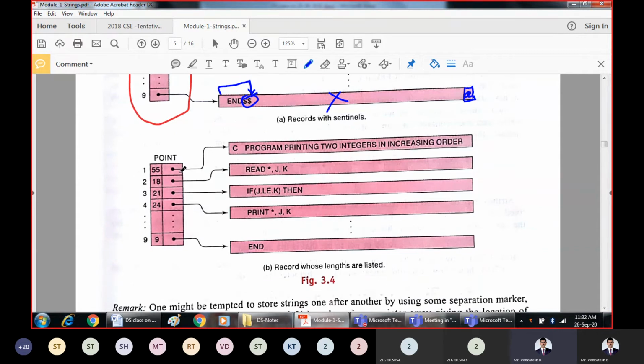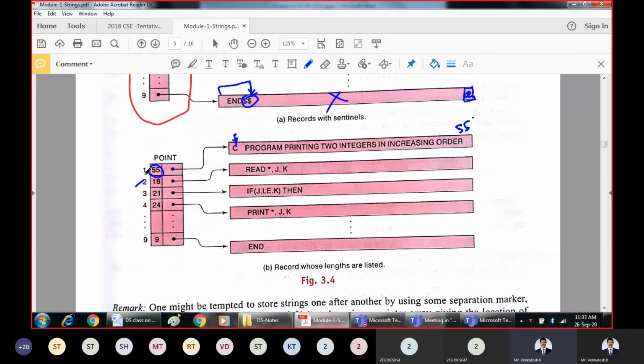So another approach could be, along with the pointers, you just store the length of the record. For example, starting from this point, you have to read 55 characters. If this is the first character, then this will be the 55th character. That is what it is going to indicate.